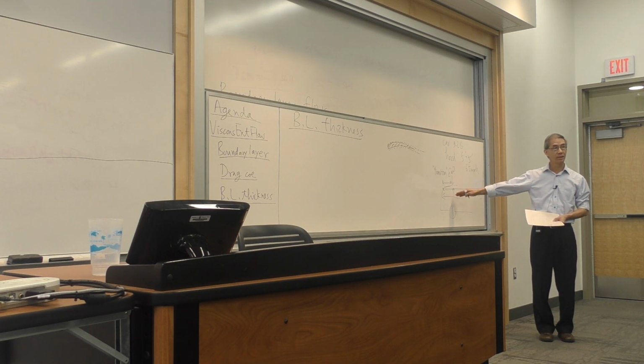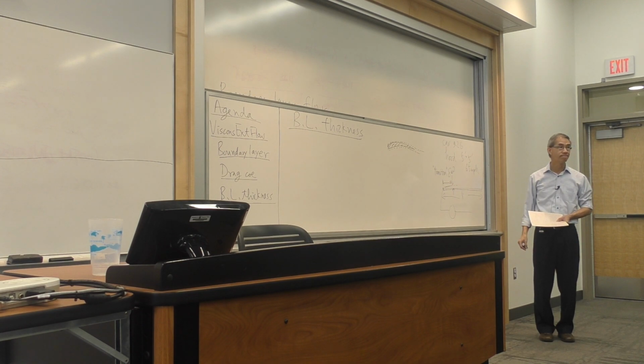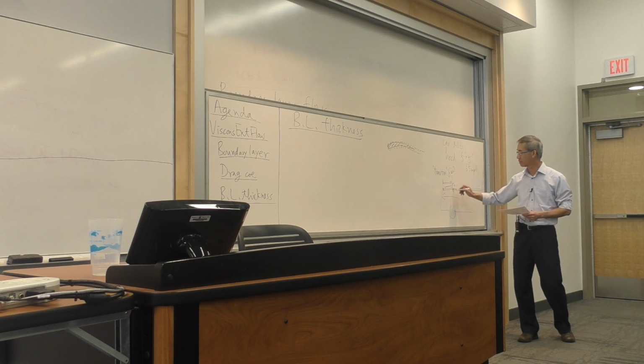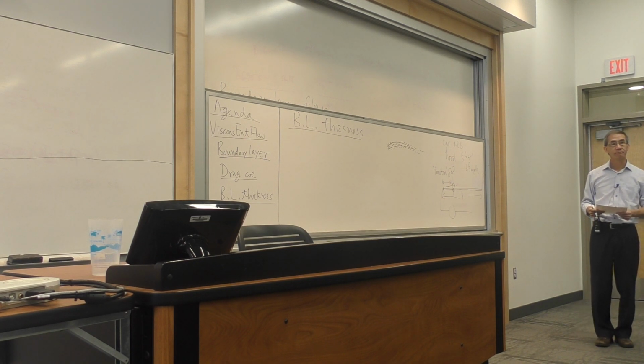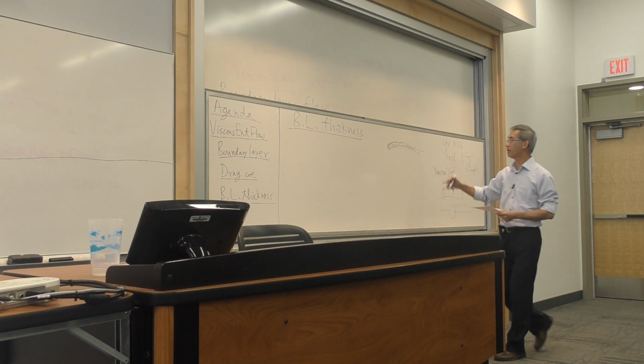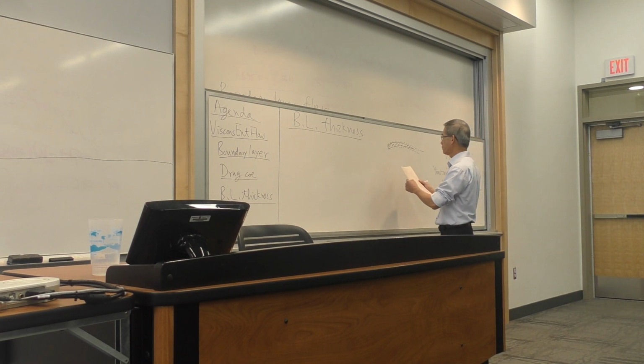About a foot from the leading edge of the hood, the thickness of the boundary layer is only less than a tenth of an inch. A tenth of an inch, you know how big that is. And beyond that, the boundary layer becomes turbulent. And all this concept, as I will tell you later on, has huge consequences for engineering devices. Being able to know where the transition is and how big the boundary layer is matters, because for an airplane or a ship or any other fluid problem, knowing the thickness,